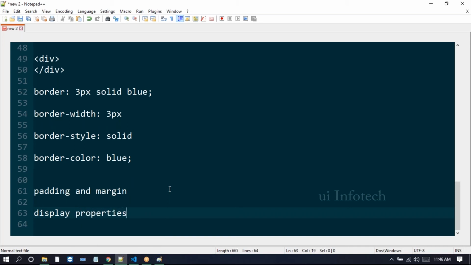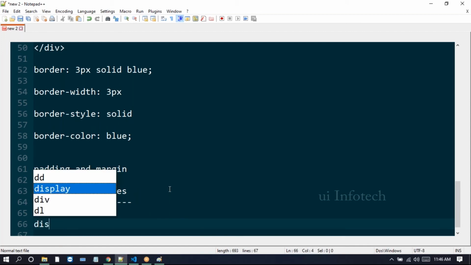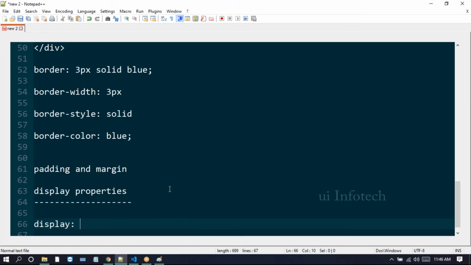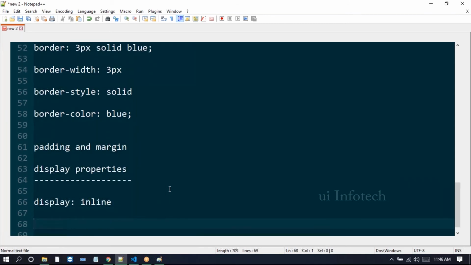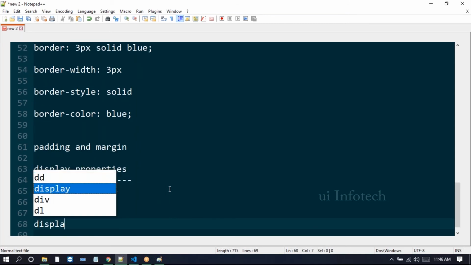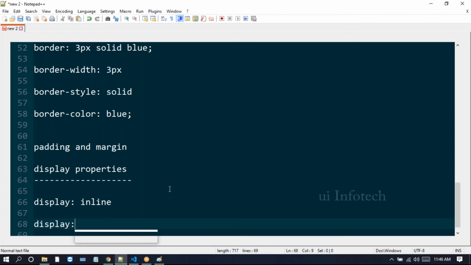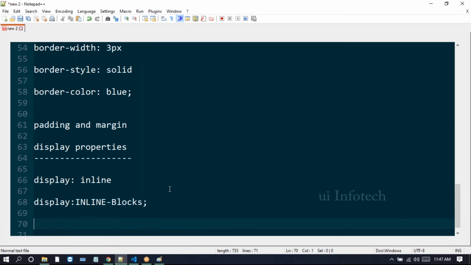For these display properties, we need to display the block level elements in a side by side manner, like inline elements. So the display properties we have available are display inline, display inline block,